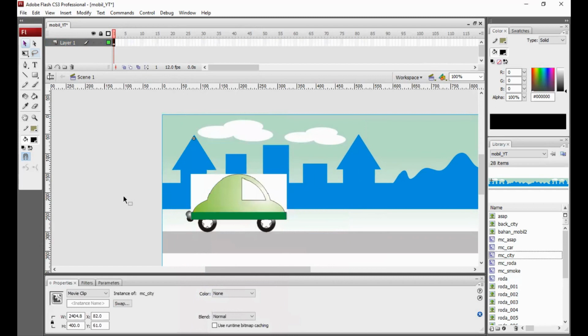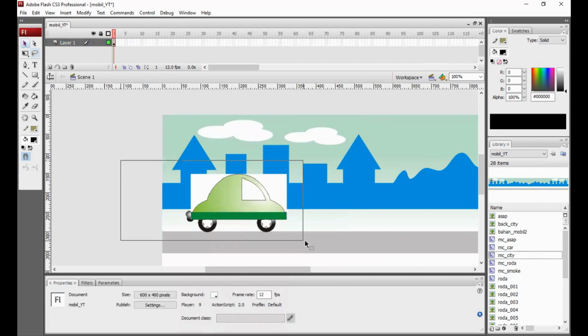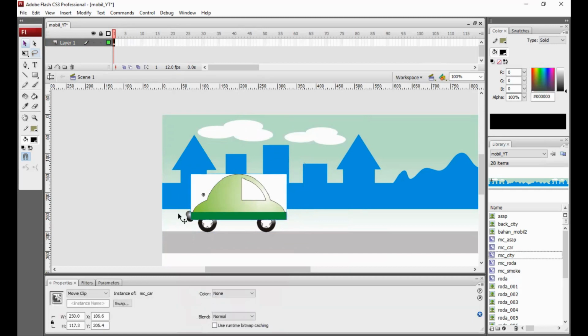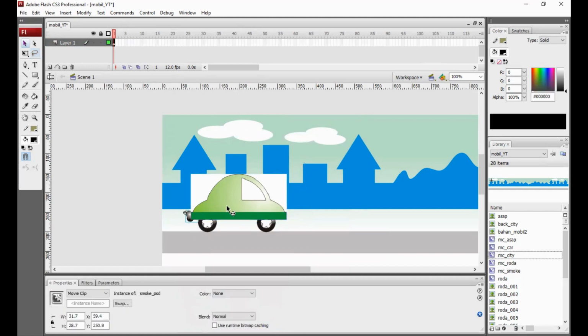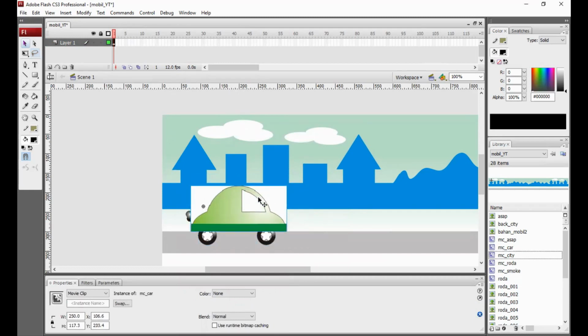Okay, that's it. But we know this body of car is not transparent. Next, we can repair this object with another time.